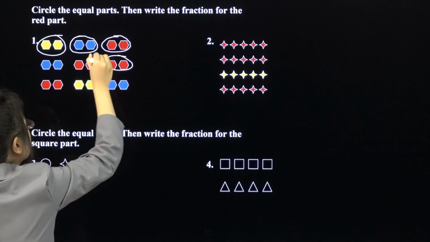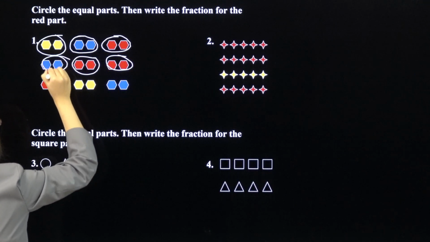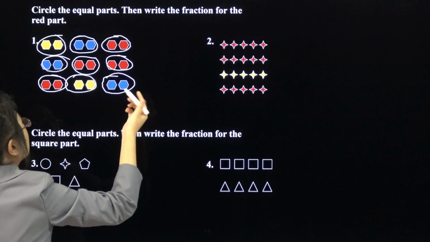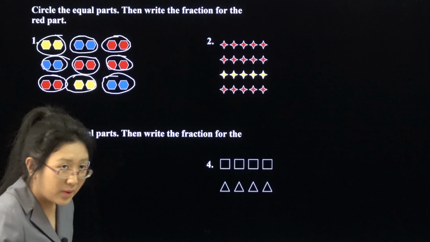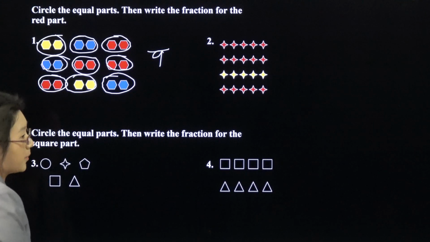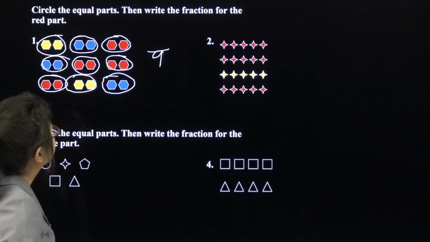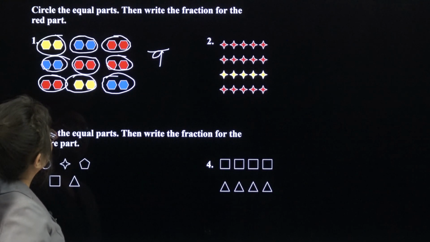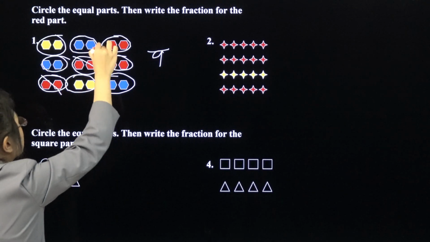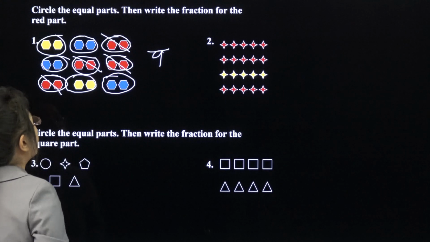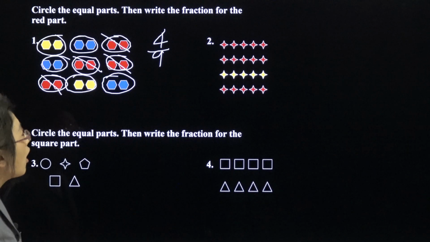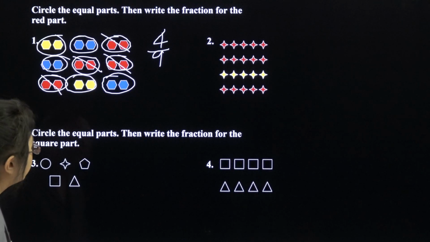And there seems to be 9 of them. So that's the total number of parts. That would be 9 as the bottom number, the denominator. And how many red parts are there? So there's 1, 2, 3, 4. That's 4 over 9. So 4 parts out of 9